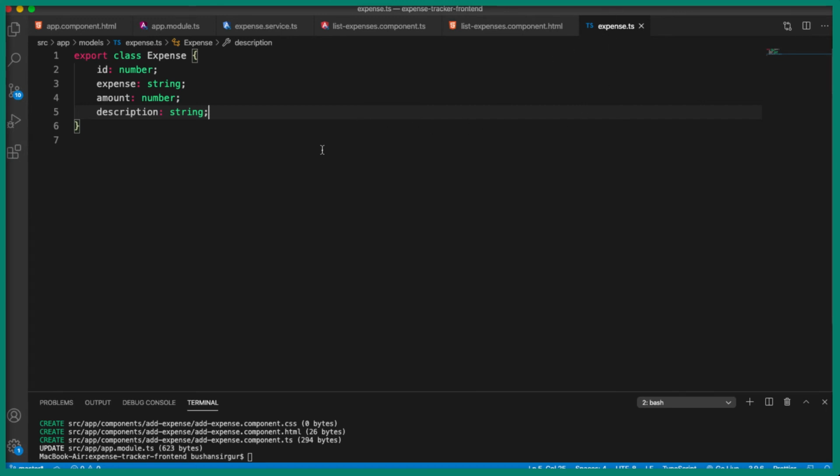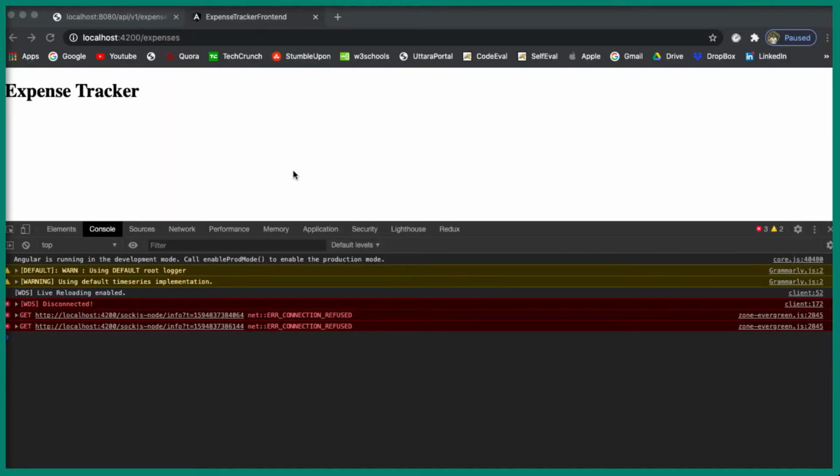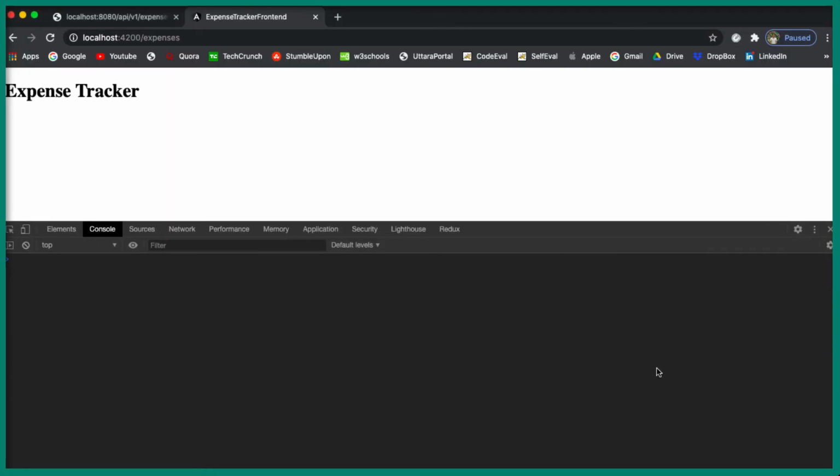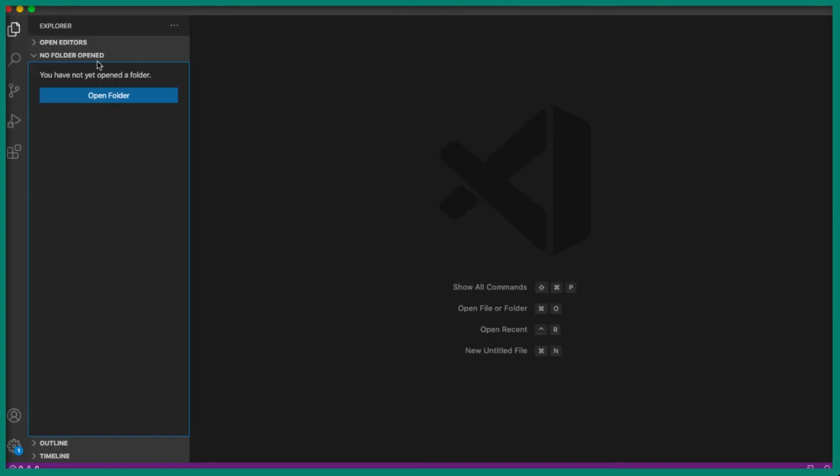Sometimes this happens, I don't know why. Let's actually shut down the server and restart it again. Let's navigate to the terminal, delete this, and close this. Okay, again let's open up Visual Studio Code and import the project.